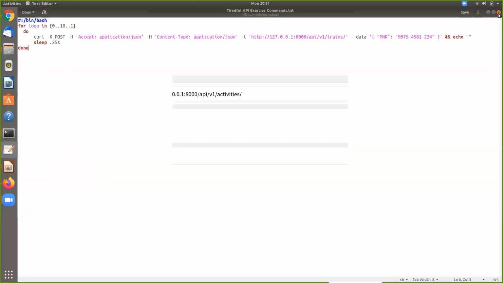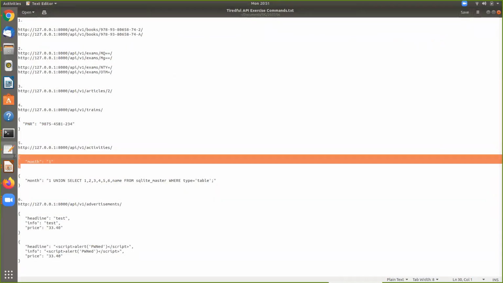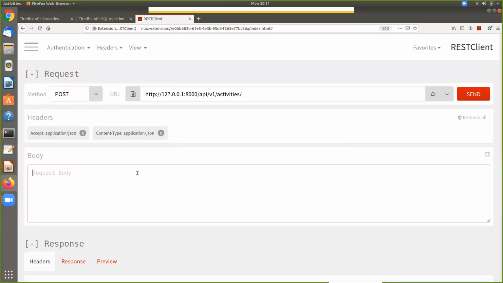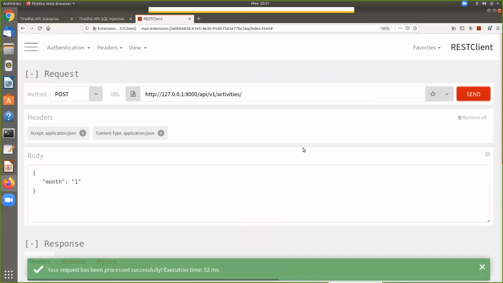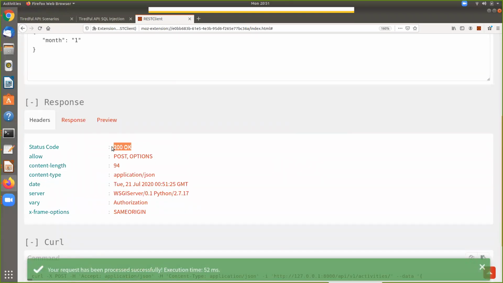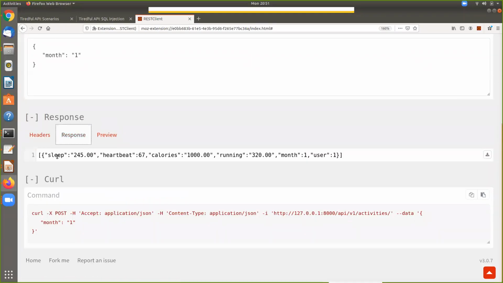I don't need that anymore. All right, here we go. So I'm going to paste this in here. And so what this should do is give us a result. We'll submit the request. Looks good so far. We got an HTTP 200 status code from the server. We look at the response, and sure enough, this looks like a good result.